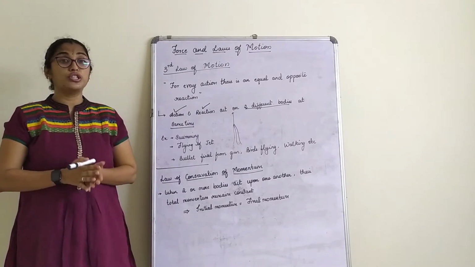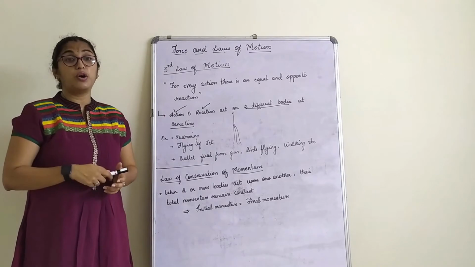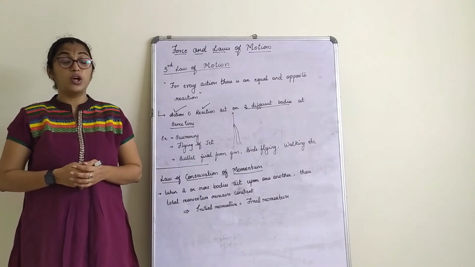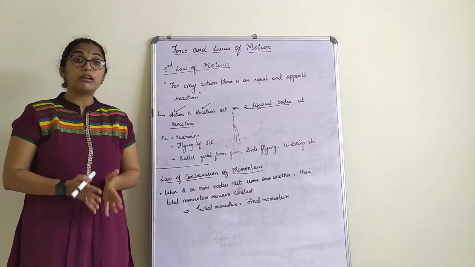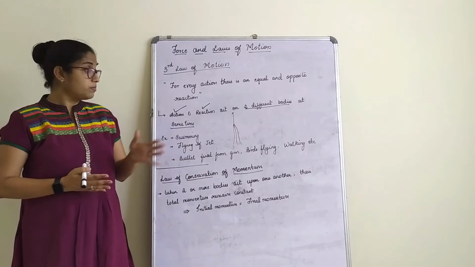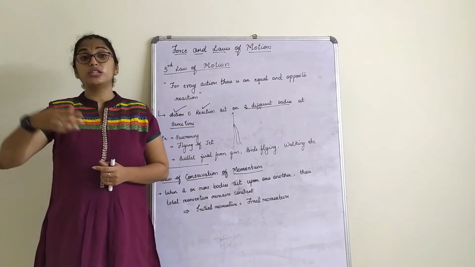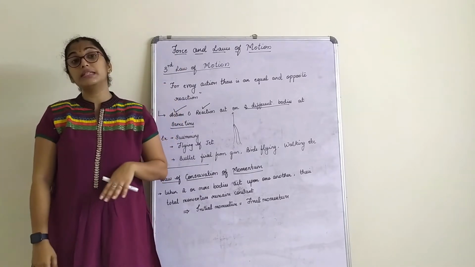Some wrong notions of Newton's third law of motion could be when we strike a ball, the ball bounces back, right? So is it an example of third law? No. Actually, this was proved wrong, that these are not the examples of third law. Why these are not the examples of third law is, now the action is what? We are throwing a ball, right? Reaction is the ball bouncing back.